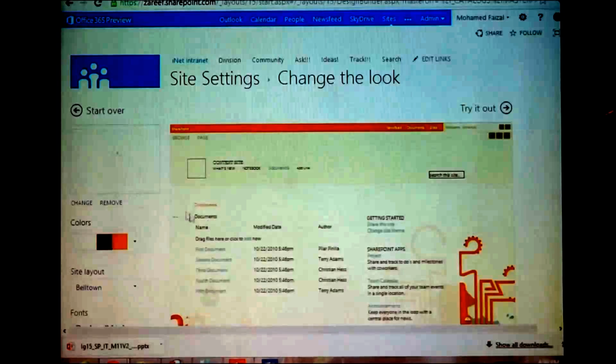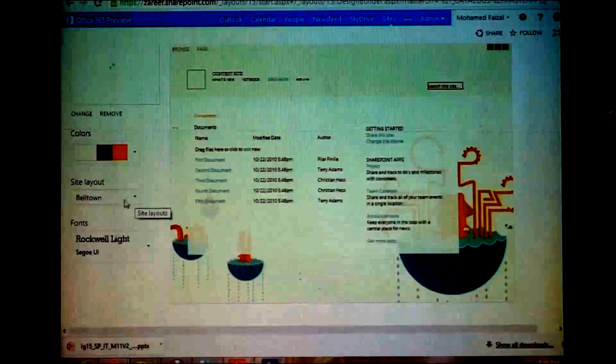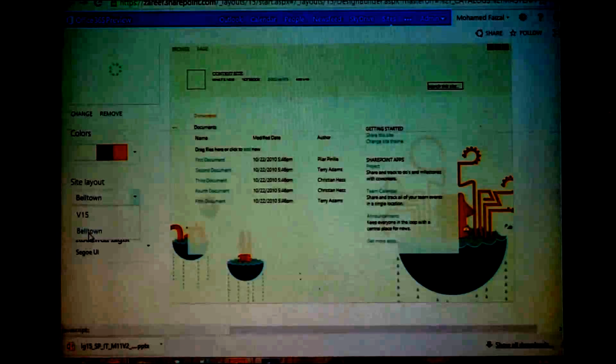While it is going through, I also want to change this. SharePoint V15 means I can see the left side menu. Bulletin means I can't see the left side menu. So it's up to me to decide. If I select this, I can see it.